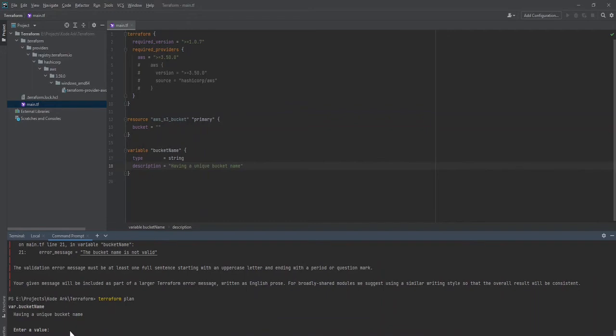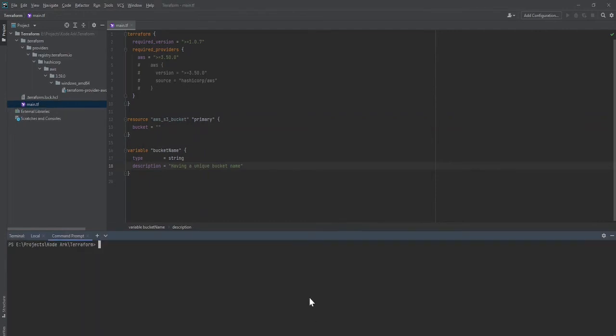Cool. So I'll run the Terraform plan again and we'll see the issue. Because this is not the right command, let me run it again.